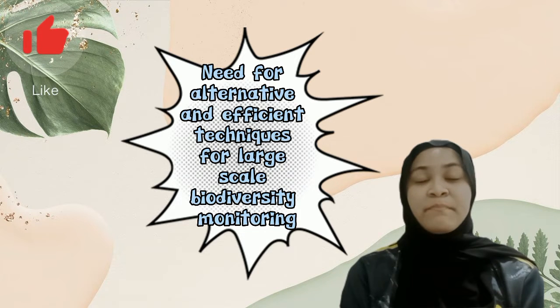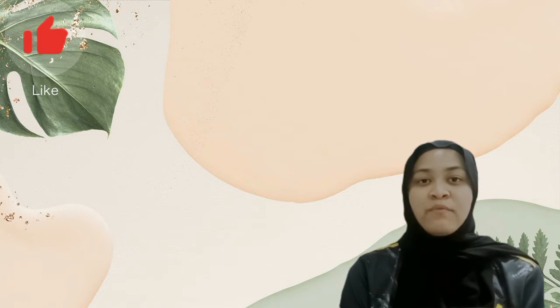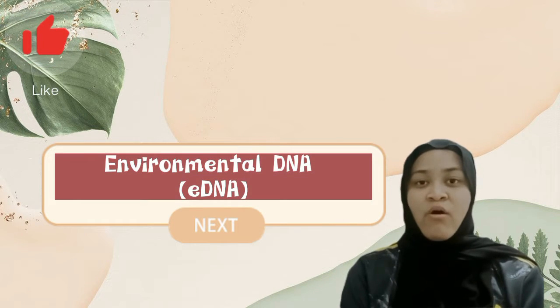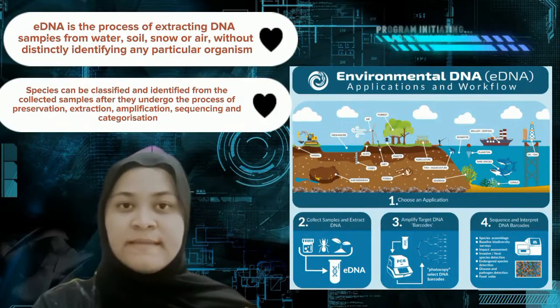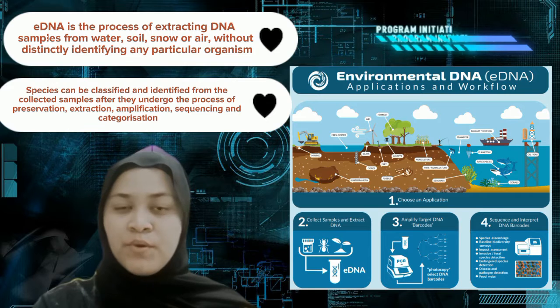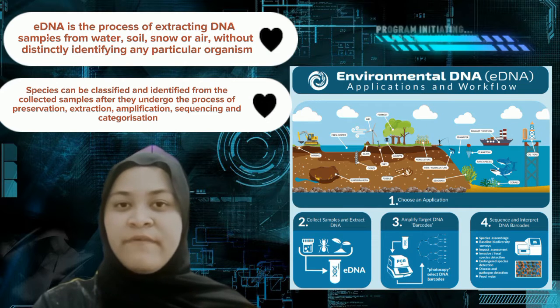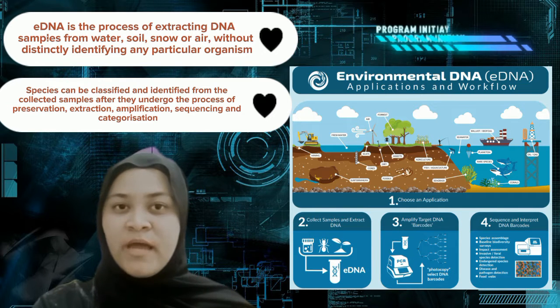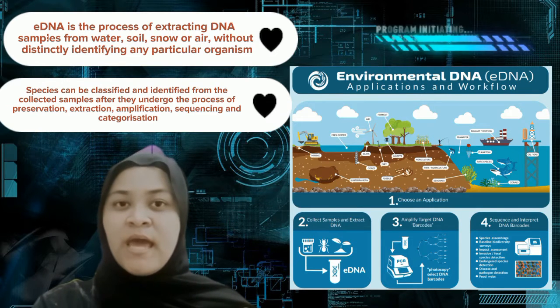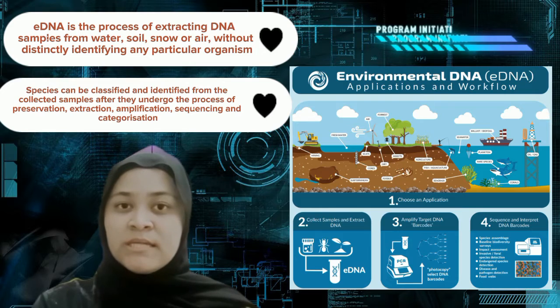The alternative is a bioinformatics technique called environmental DNA or eDNA, which is increasingly being used in biodiversity surveys and for monitoring. So, what is eDNA? eDNA is the process of extracting DNA samples from water, soil, snow or air without distinctly identifying any particular organism. Species can be classified and identified from the collected samples after they undergo the process of preservation, extraction, amplification, sequencing,